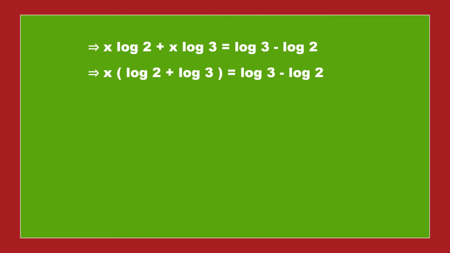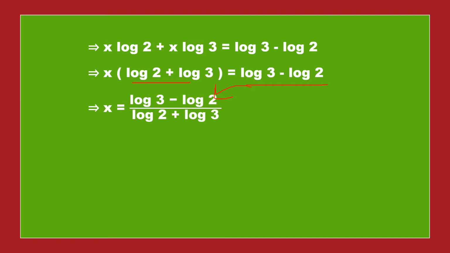Now we got x here, but with x something is there. So we should send this to the right side. We don't want this here because we want only x equals, so this is extra. Whenever it is extra, it should be sent to the other side. Here it is multiplying with this one, this log 2 plus log 3, whatever is there, it is multiplying with x. Whenever multiplication is sent there, it becomes division, right? So x equals, this one will be as it is, I wrote as it is, and here this is sent as division.